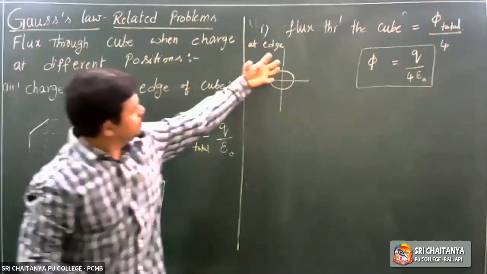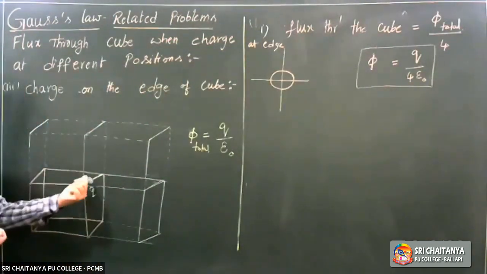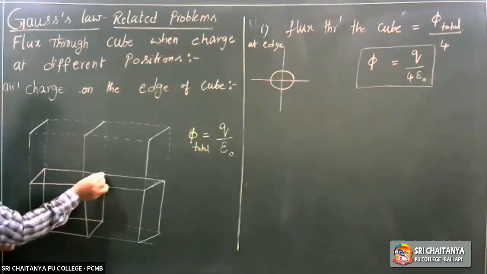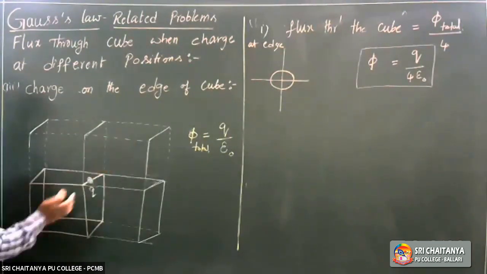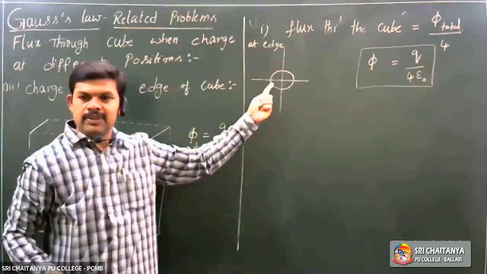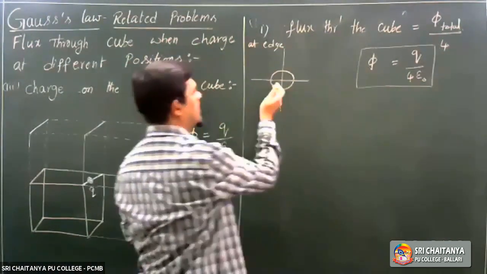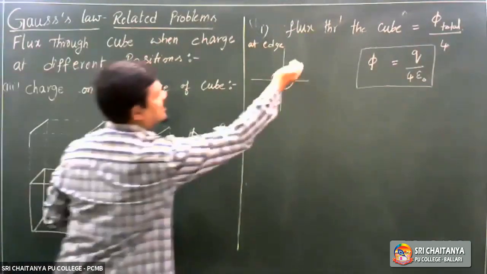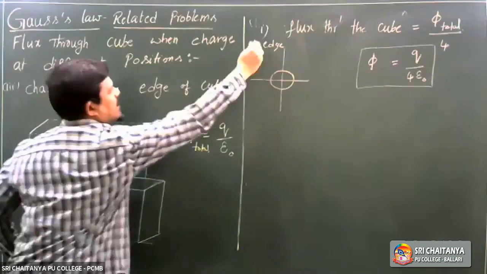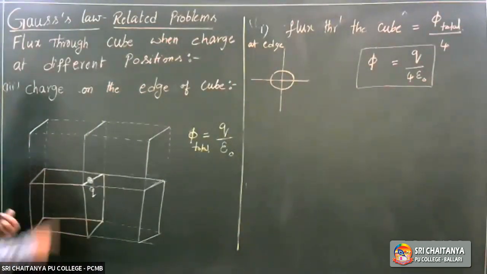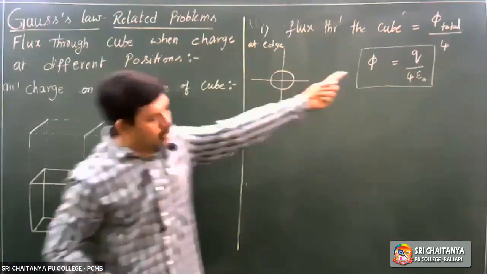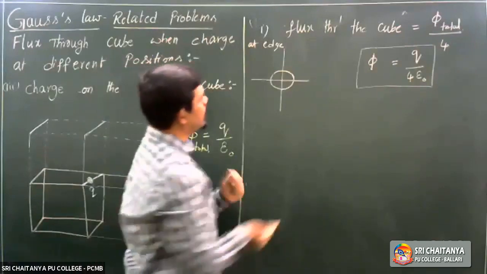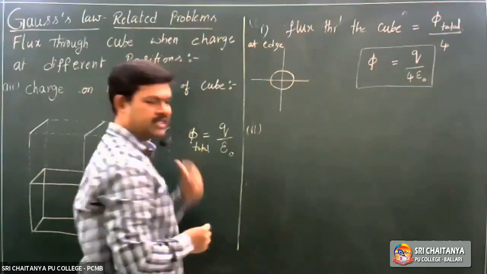See, this cross here. If you stand and see, it appears that it is shared into 4 parts, divided by this one, this one, this one, and this one, like this. So whatever flux coming from this part is passed through this lower cube. This part is passed through this cube. Flux coming here passed through this cube. Flux coming here passed through this cube. So flux through this cube is how much? Q by 4 epsilon naught. Clear? Okay.